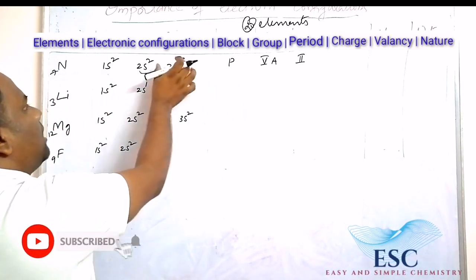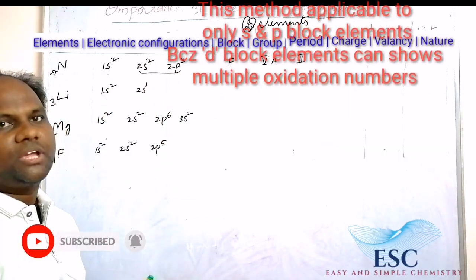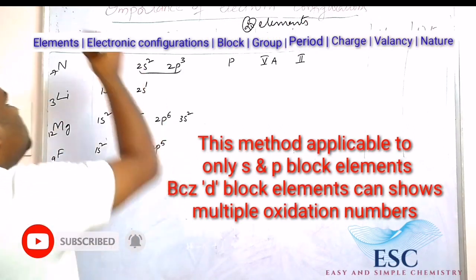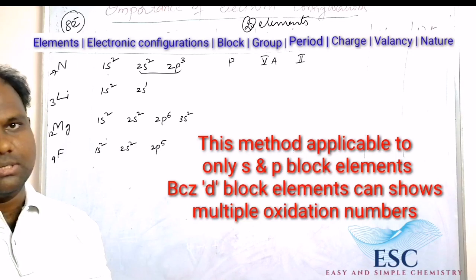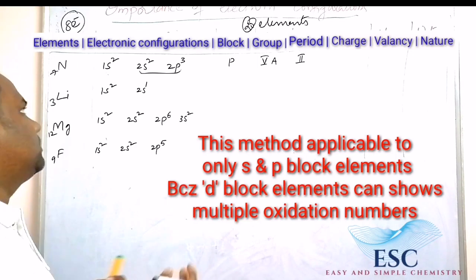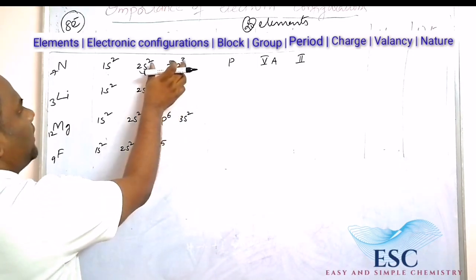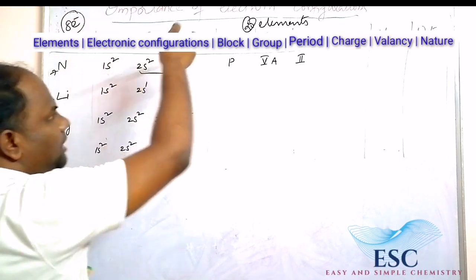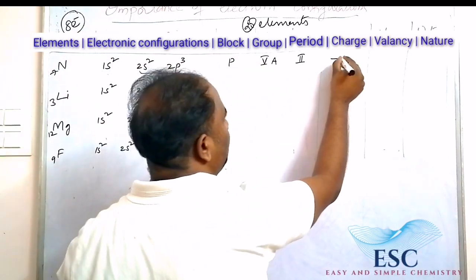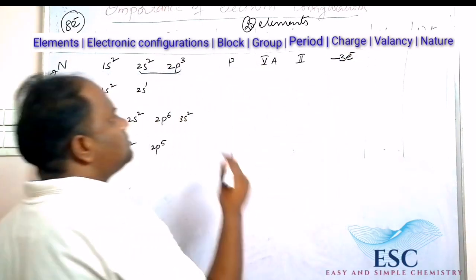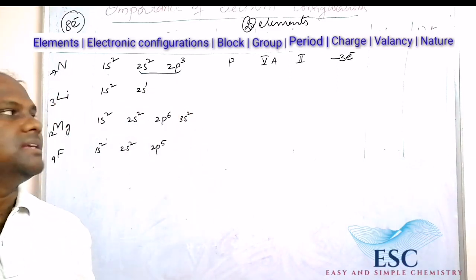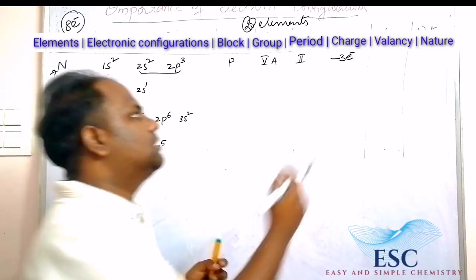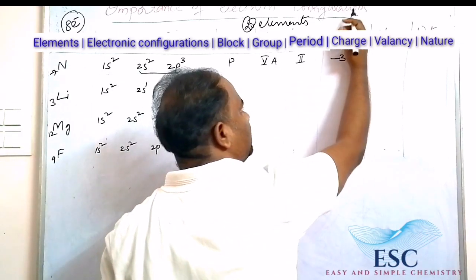Now charge. 5 electrons are here. To become stable, it should have 8 electrons. So how many electrons are required or released? Both cases are possible here. Okay, 5 electrons, it requires 3 electrons to become stable. So when 5 electrons accept 3 electrons, it becomes stable. So the charge is -3.